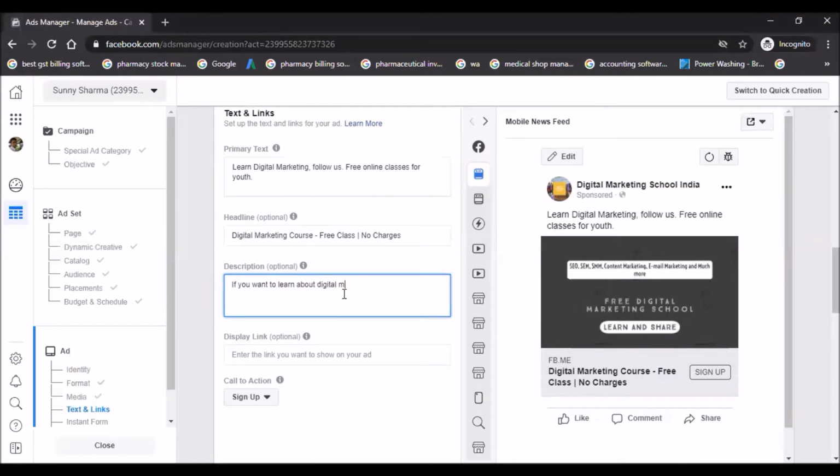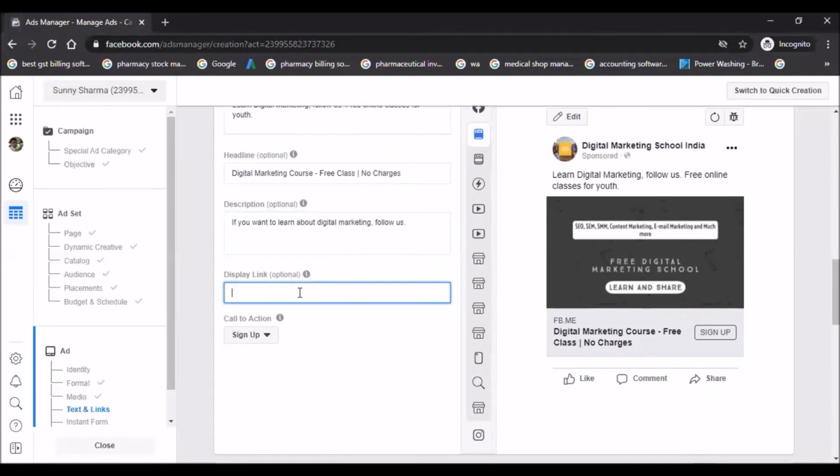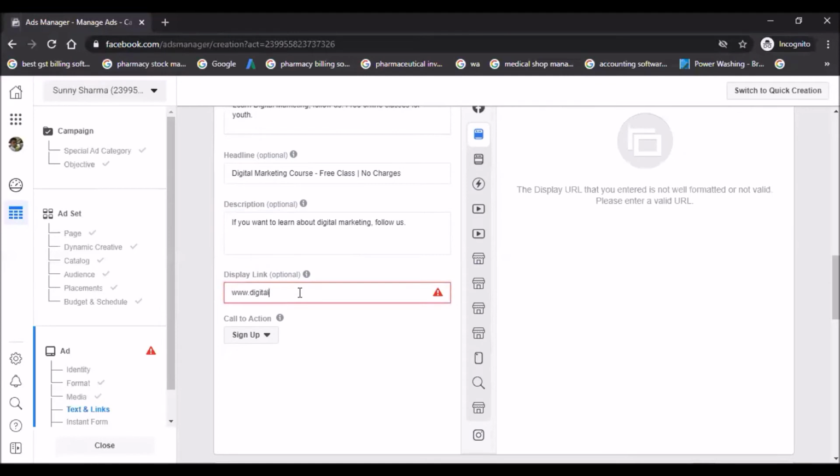Everything will be displayed on the right side. You can see how your ad will look, right? And here the display link would be your target landing page where you want to convert your users, right?